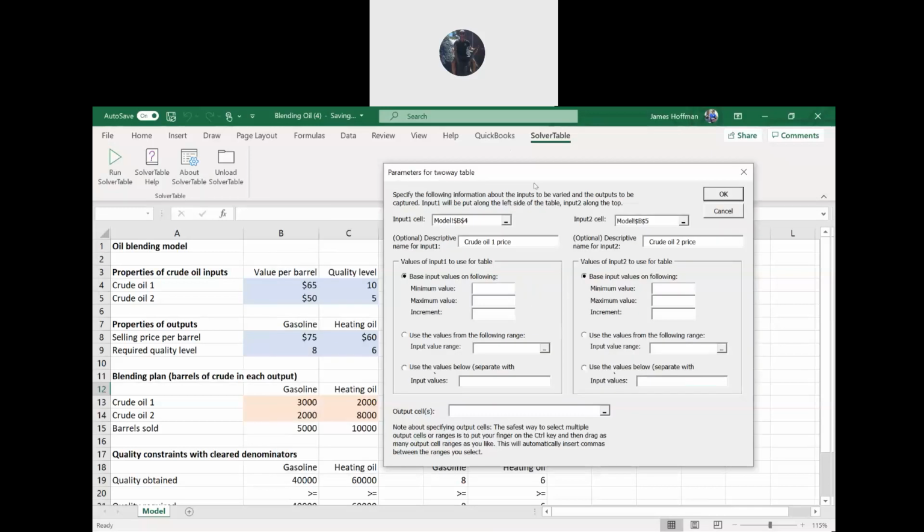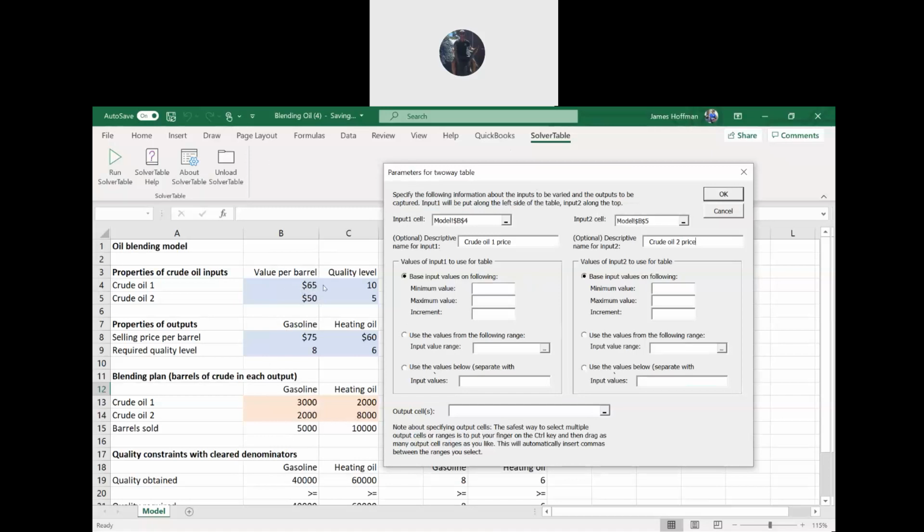All right, and so the idea here is to see if these values go up or down, what's going to happen to our solution. So see how this one is 65 to start and this is 50? If this was less than or bigger than that value, what would happen to our solution? Like would this value change enough that we would not use it to make the other types and sell it independently? So let's see. So I'm going to have it go from maybe 50 to 7, how about